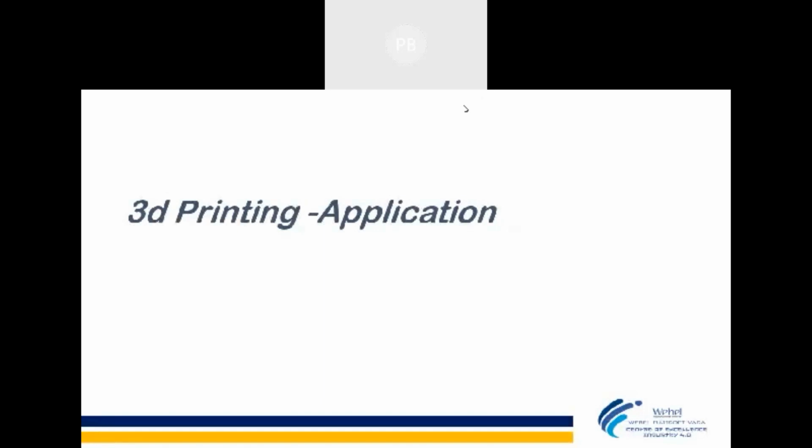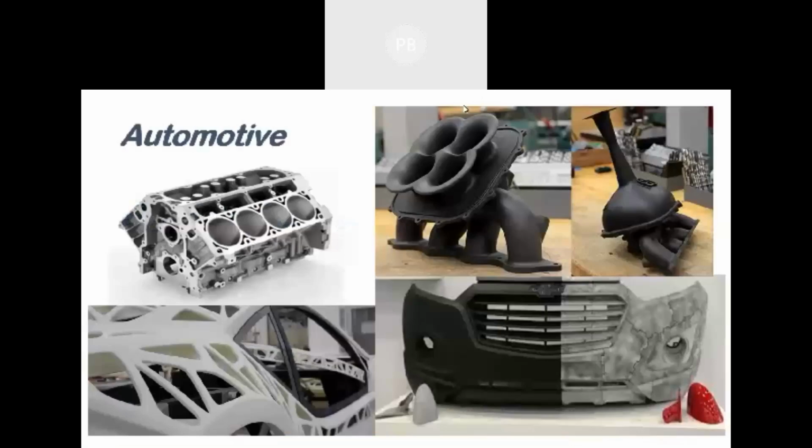So now we will come into the core part where 3D printing applications lie, how 3D printing is evolving into different applications. First is automotive. With automotive, we can develop a huge range of parts with 3D printing, like the complete engine body, which is an assembly of around 100 parts, which can be done with 3D printing in a very small assembly of maybe 2 or 3 parts.